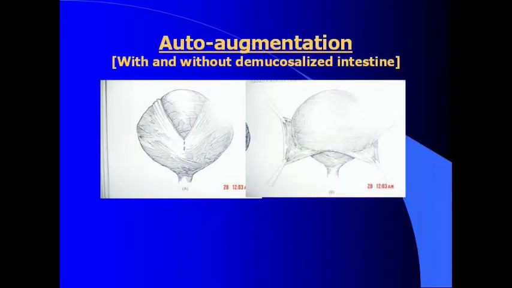Well, there could be auto-augmentation, and there has been experience in the past, but now people have learned that when you denude the detrusor and allow the mucosa to bulge, yes, capacity increases, but slowly it comes back to its normal phase. So it is not a good option. Then, could a demucosized intestinal flap be put onto that, removing the mucosa and putting on the intestinal flap? Yes, this has also been tried,